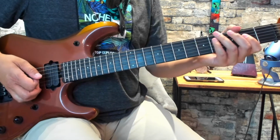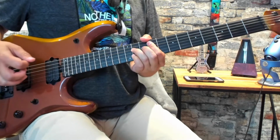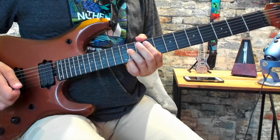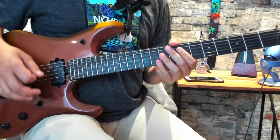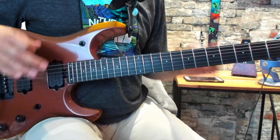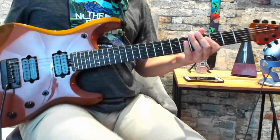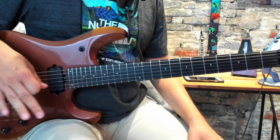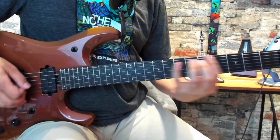Now after that second pass through, we go all the way down here to the F sharp 5, and then we go to the D, and then the E, and that's where the guitar solo will start. Okay, the guitar solo is going to be in part 2, so we're going to keep going along with the rhythm part. So once the guitar solo is over with, we go back into...